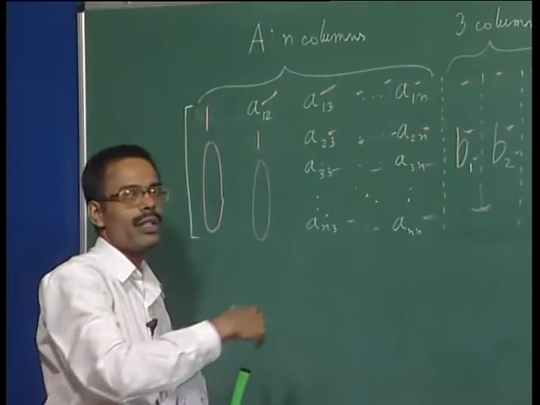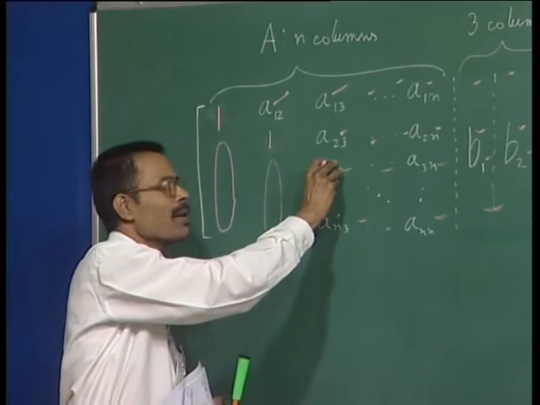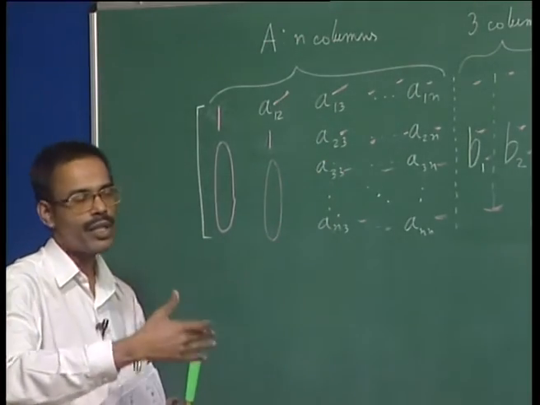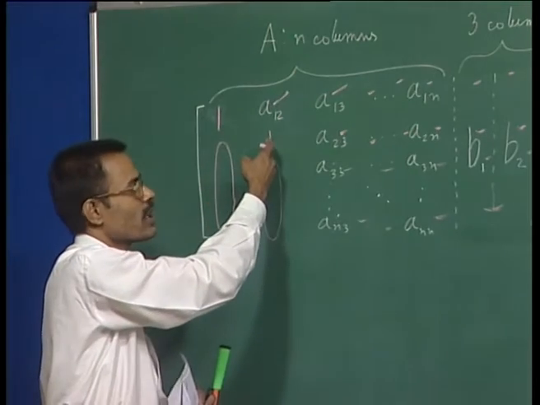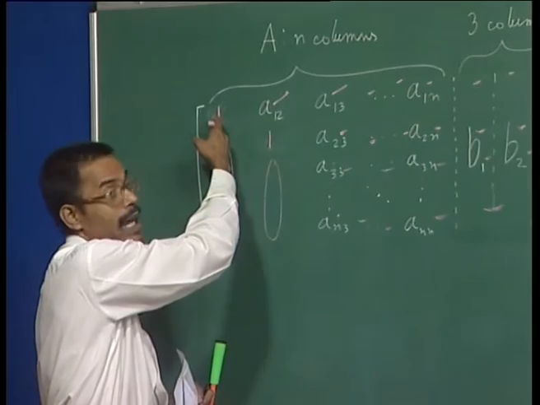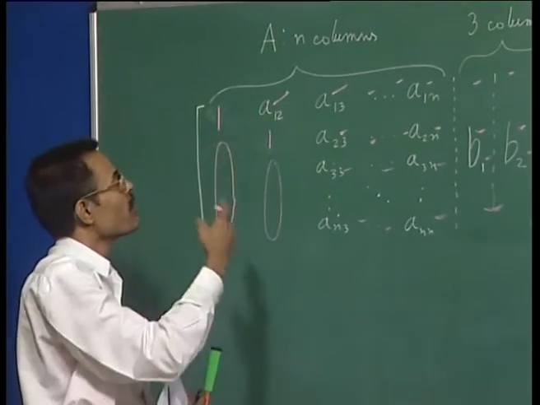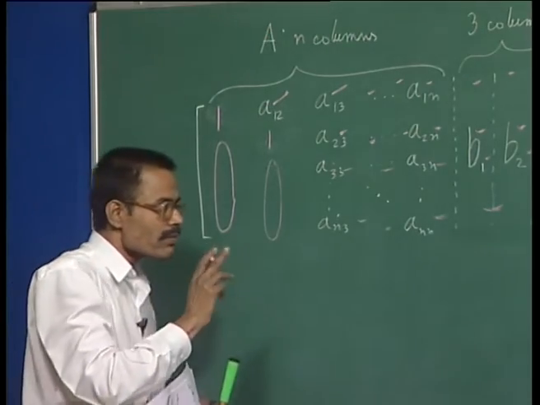Now, this pivoting is essential when a diagonal entry turns out to be 0, but as a matter of policy, as an algorithm, it is done at every step, even if the diagonal entry is not 0. So, that means when you divide by the diagonal entry AKK, before that we do the pivoting step anyway.